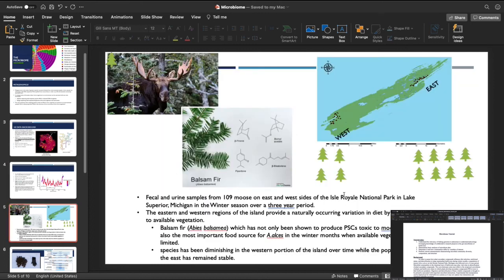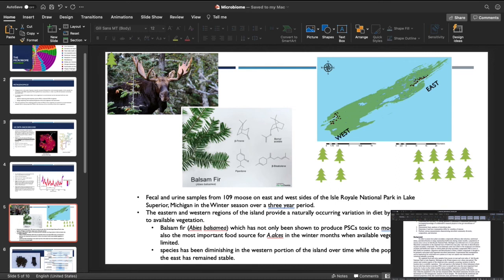To touch on what we're discussing today, we have a population of moose in Michigan that have been studied over a 6-year period, and they're studied because of where they live. They live on Isle Royale National Park in Michigan, which is a pretty secluded island in Lake Superior, so you're better able to control more of the environmental variables. Fecal and urine samples were taken over a 6-year period, essentially in order to study the role